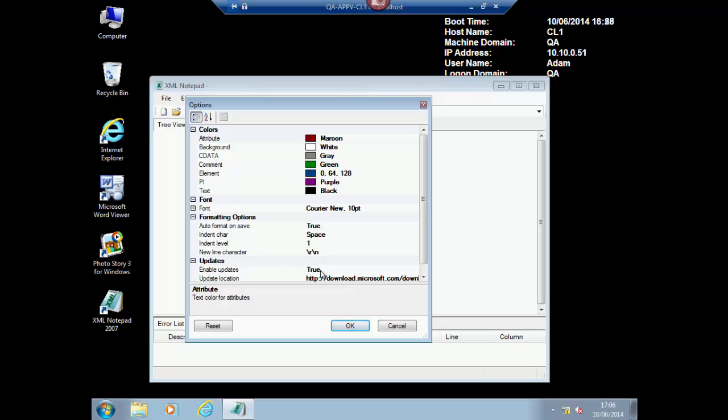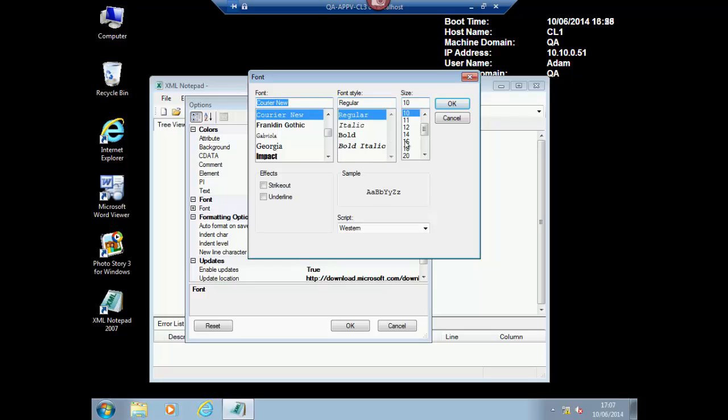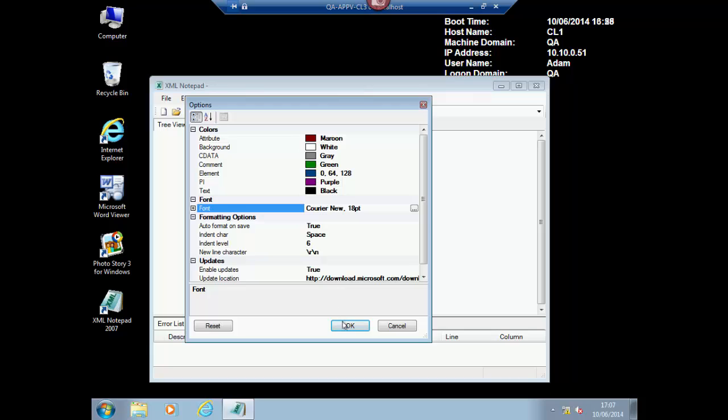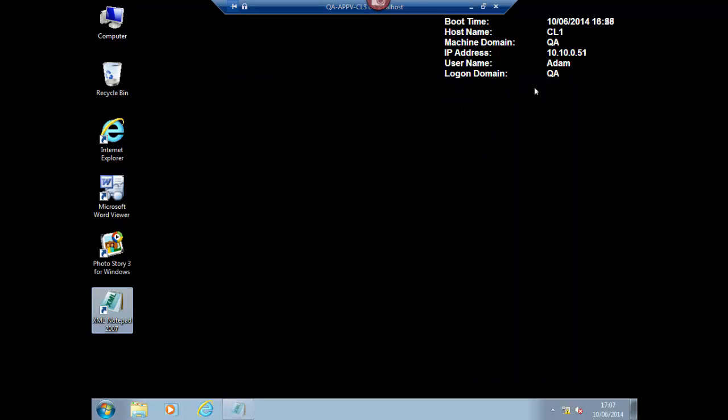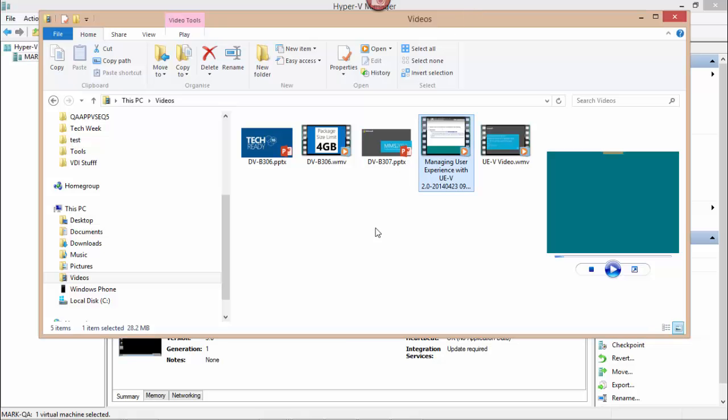So we've remembered the settings from our launch on Client 1. So now if I set this to 6 and I put the font size up to, let's go a bit larger, shall we, to 18, and click OK, and click OK again. Now when I close this down, if I now switch back to my Client 1 machine,